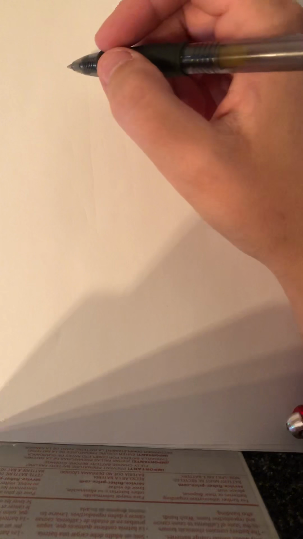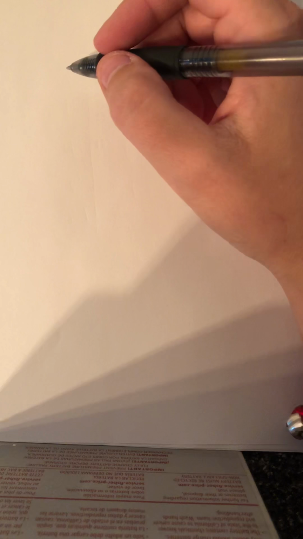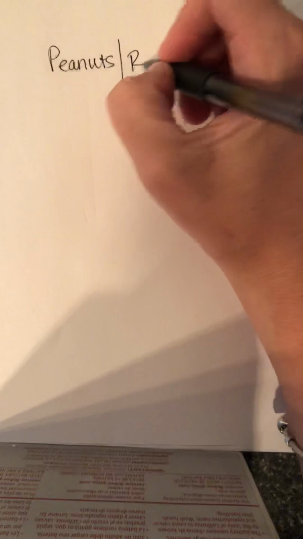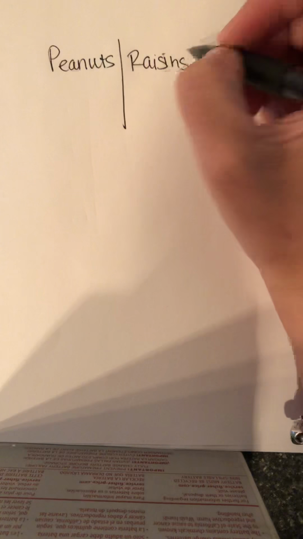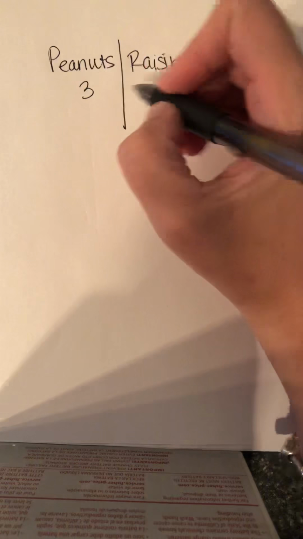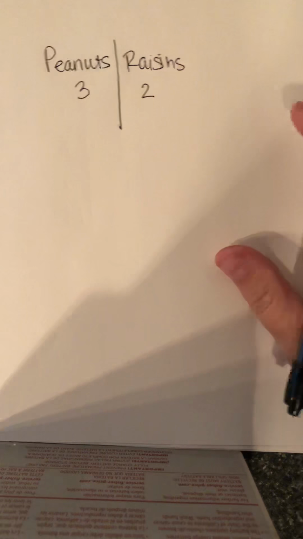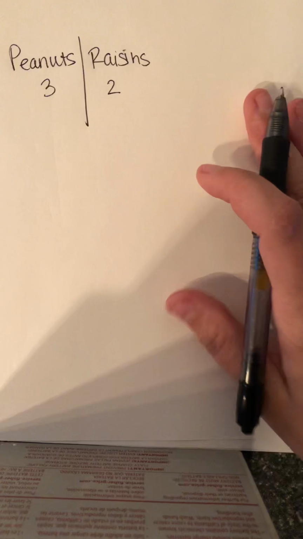And now I'm going to talk about the raisins and peanut problem on the practice problem. So that says that there is one version of trail mix that has 3 cups. I'm going to write peanuts and raisins. One version of trail mix has 3 cups of peanuts and 2 cups of raisins. Okay, and another version has